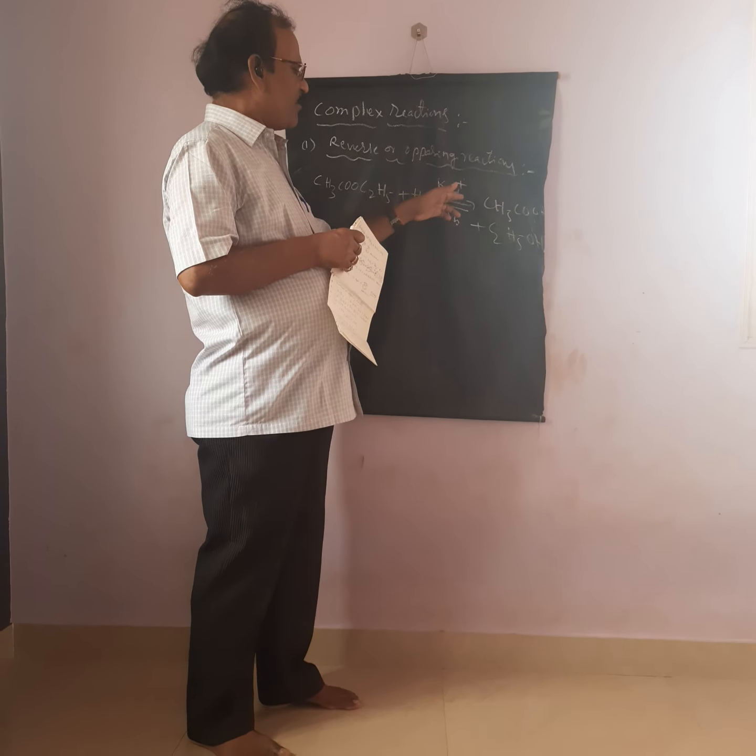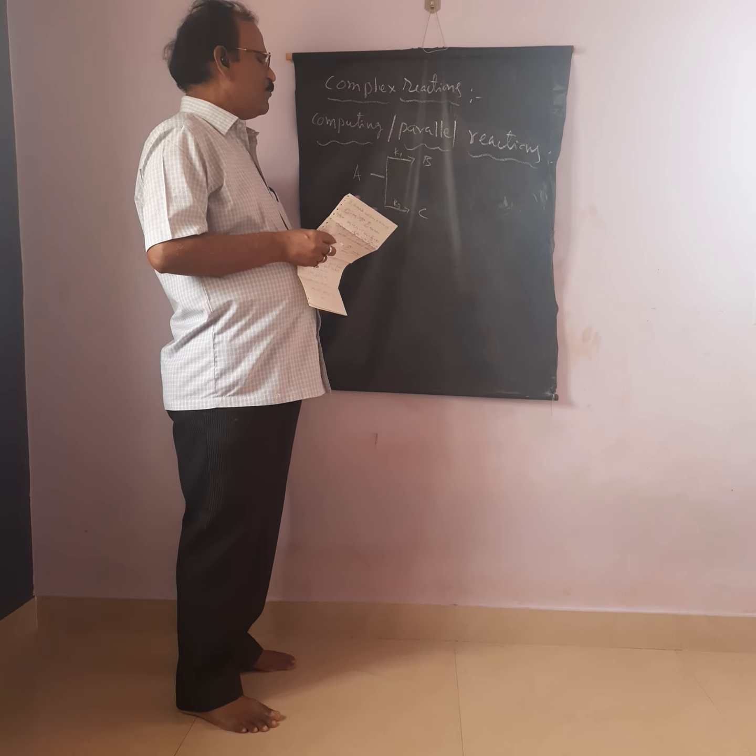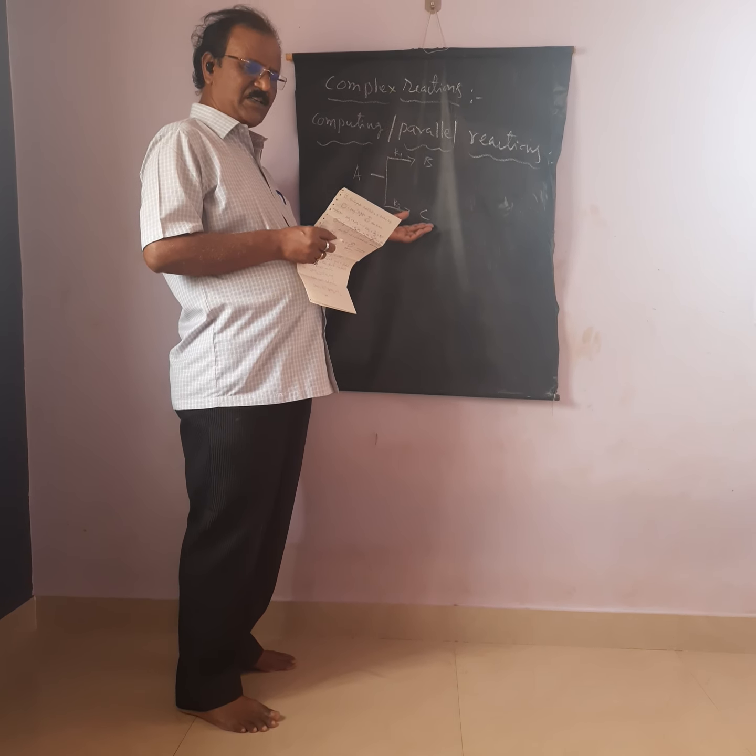So we can control this depending upon which compound we want. We can change the conditions. If you want more of B, you can change the conditions so that A is converted mainly to B, and only partially converted to C. If I want more yield of product C, we can change the conditions in which A is converted to C in a higher percentage than B. By changing the conditions of the reaction, we can get the required product.